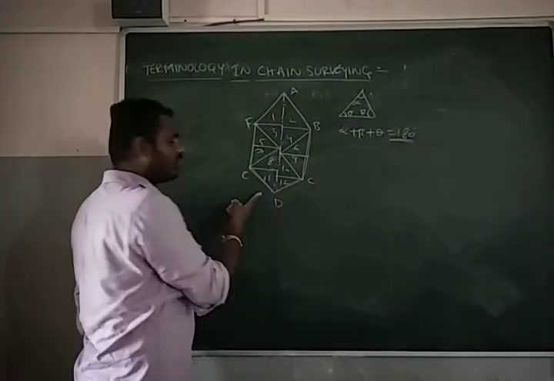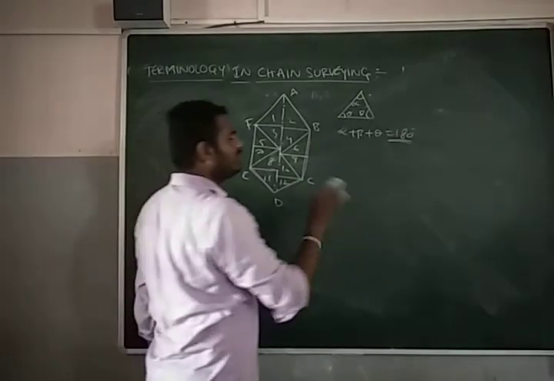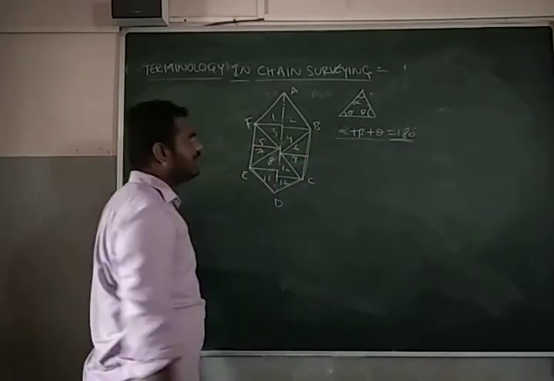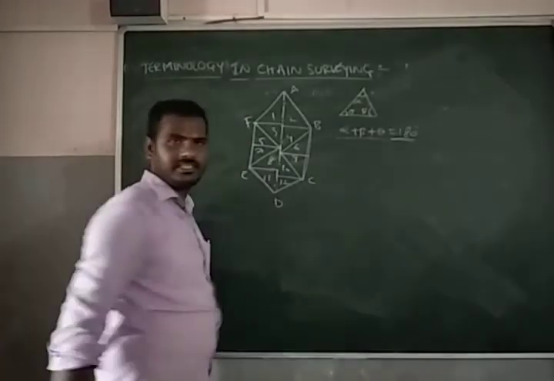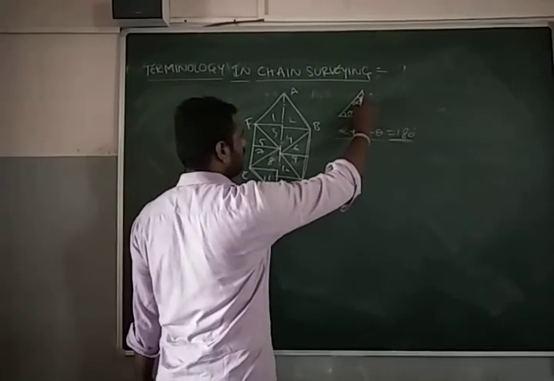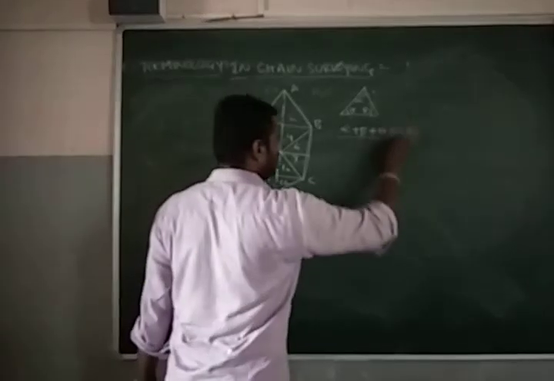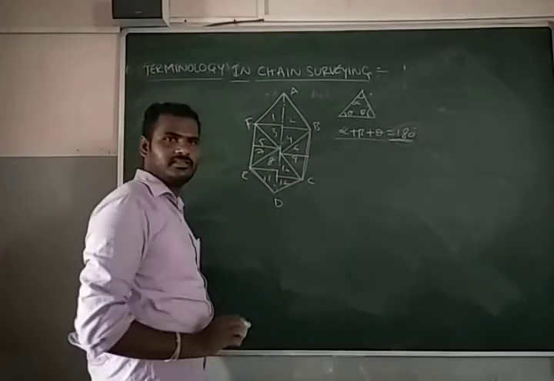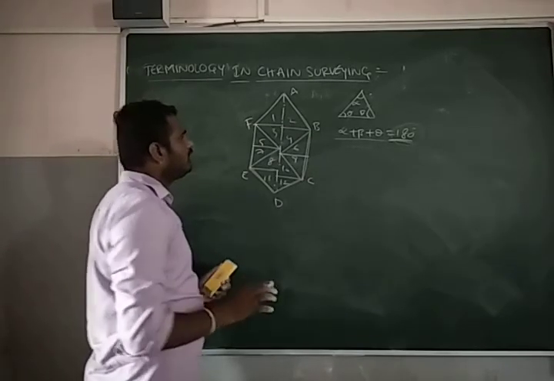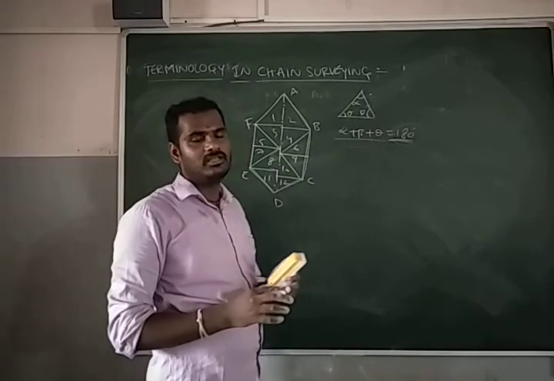Since we are talking regarding chain surveying, which is mostly preferable for plane grounds, in the sense of plane surveying, as you know, the summation of interior angles of a triangle is equal to 180 degrees. Theta may be some x, alpha may be some y, and beta may be some z. That is different. So the summation of all these angles should be 180 degrees. So now the question is, there may be no possibility to get an exact ideal condition, well condition, or ill